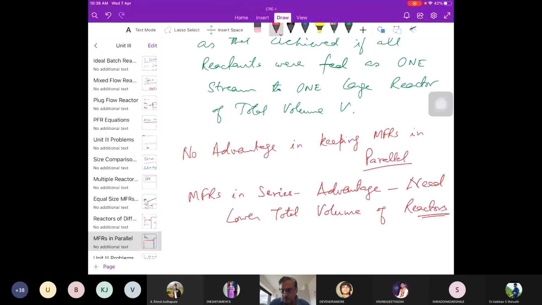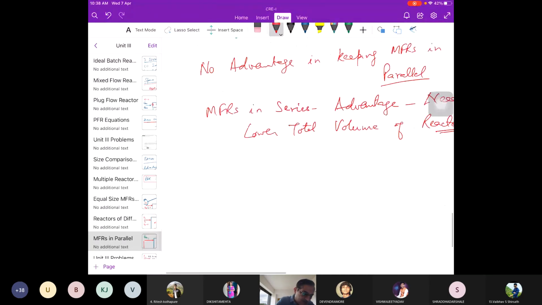Right? So if instead of one MFR, you put two MFRs in series, the total volume required will be less, compared to one single large MFR. So if I increase it to 3, again it will be less than 2 MFRs in series, and it will be less than 1 MFR. So if I keep on increasing the number of MFRs in series, my total volume of those n reactors is going to be less than a single MFR, right? What this means is